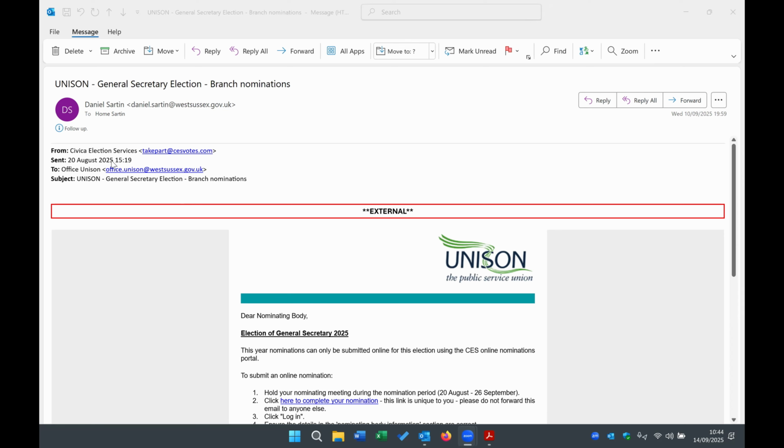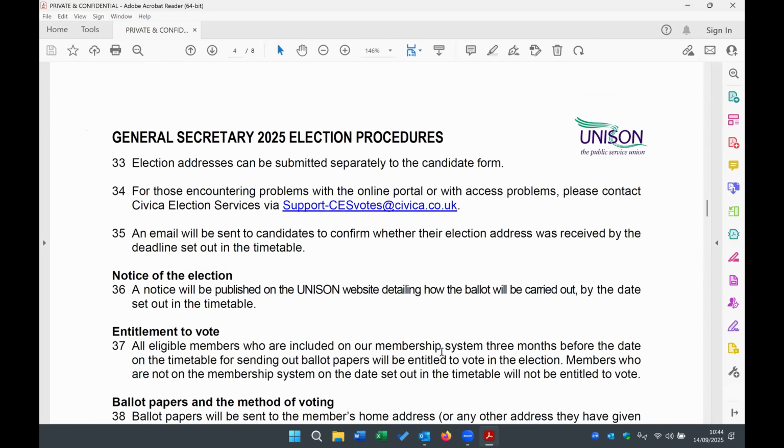You can search by date, you can search by from field, Civica Election Services, you can search by the subject line, Unison General Secretary Election branch nominations, and hopefully you can find it. If you can't find it though, for whatever reason, or the email was sent to a previous branch secretary or an individual who's no longer involved in the branch, which happens a lot, you need to get that email resent out. And you can do that by emailing